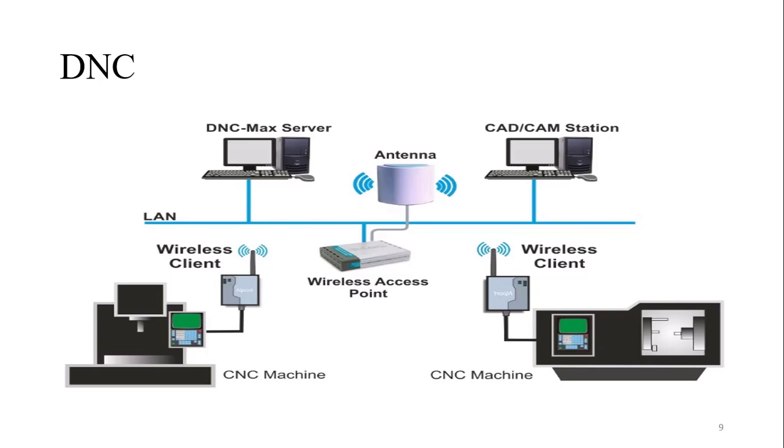Similarly, nowadays we do not believe in wires, so we are making everything wireless. Your phone is wireless, your charging is wireless. So even this DNC machine server, as one computer, sends the data to the different machines through wireless or maybe through the LAN. Correct? The LAN goes to one antenna or router, a wireless access point, and then each machine has its own Wi-Fi. They are connected to the main antenna, the main server, and then it works.